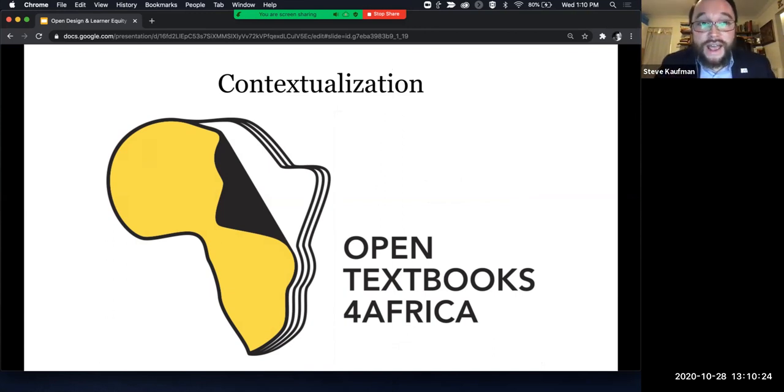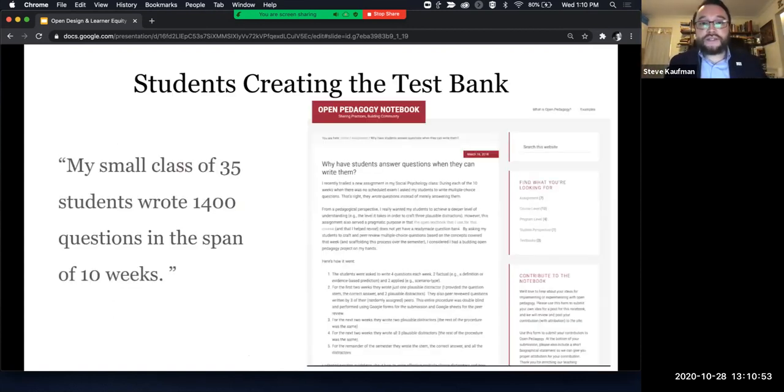I didn't know that. And that's because a lot of the people that write these books are in North America and in Europe. So what Open Textbooks for Africa did is they took some open textbook astronomy texts and redesigned all of the examples of what to see in the night sky, but from the Southern Hemisphere's perspective, right? Because if I can't see the Southern Cross in the sky in the textbook, I have no idea how to relate to the material, right? So that's super important to address. And again, Creative Commons and open licensing allows for this.